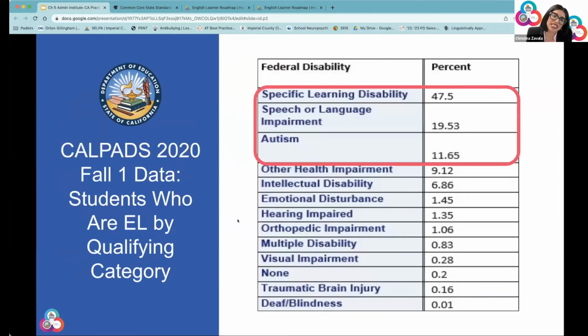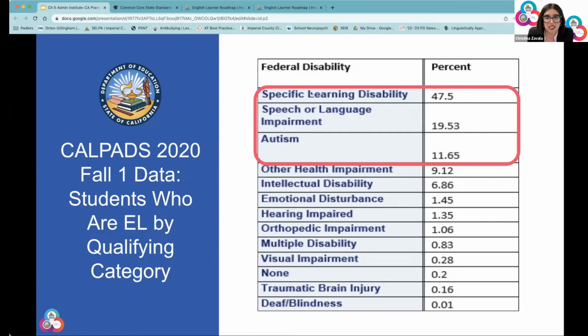And as we discussed in our last meeting in Chapter 4, in reviewing our CALPADS 2020 fall data, students who are English learners are mostly qualifying in the area of specific learning disability. The second most commonly qualified areas are speech and language impairment and autism. So, really thinking about the fact that our English learners are qualifying, mostly 47.5%, under specific learning disability, which is